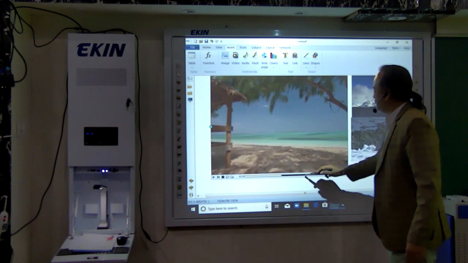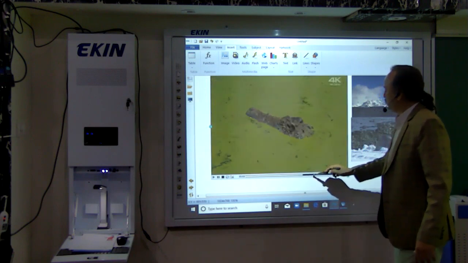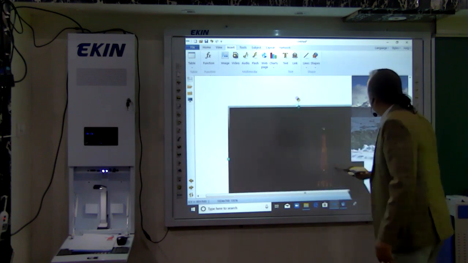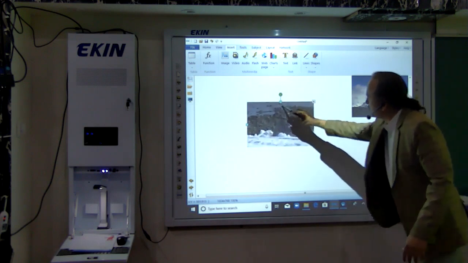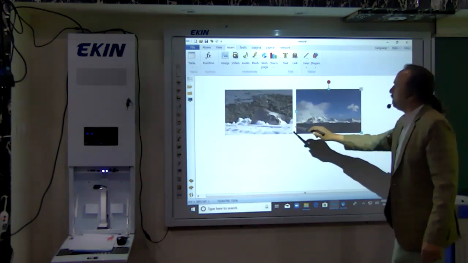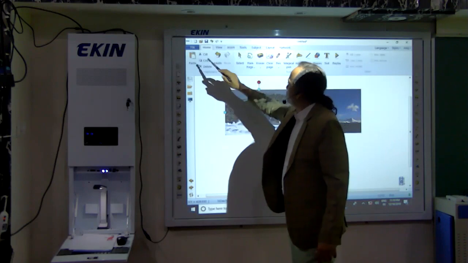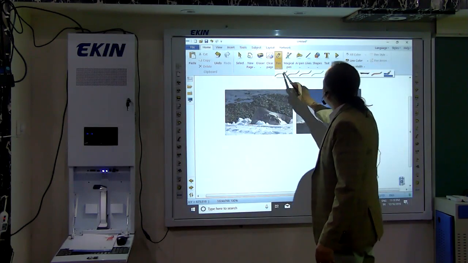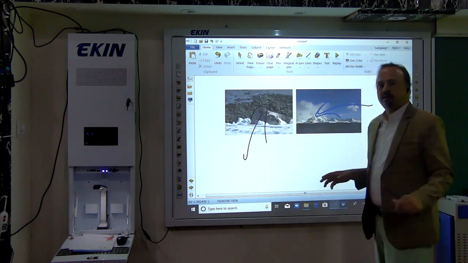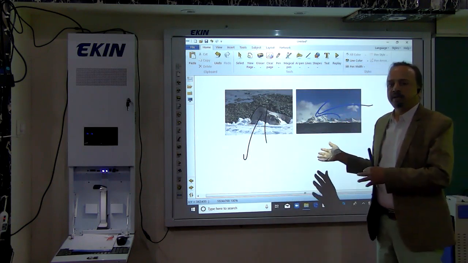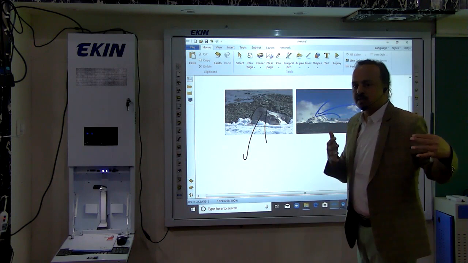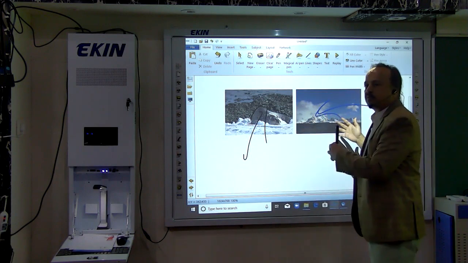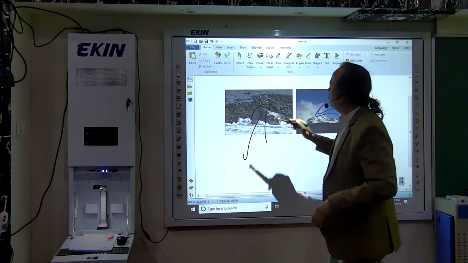You can fast forward it and then you can delete it, of course. But you have captured the important part. And then once again, as I showed you, you can write onto this, you can discuss more onto this with the student. So any image, any video you can bring here, you can capture any images, capture anything from the running video, it can be done here.